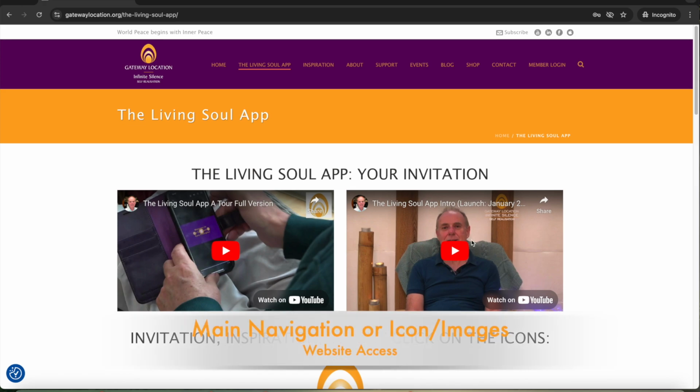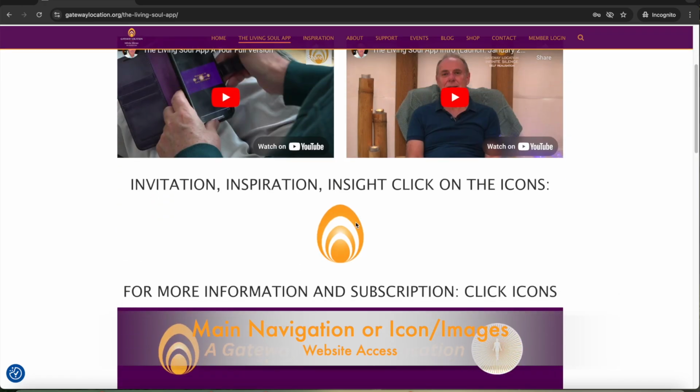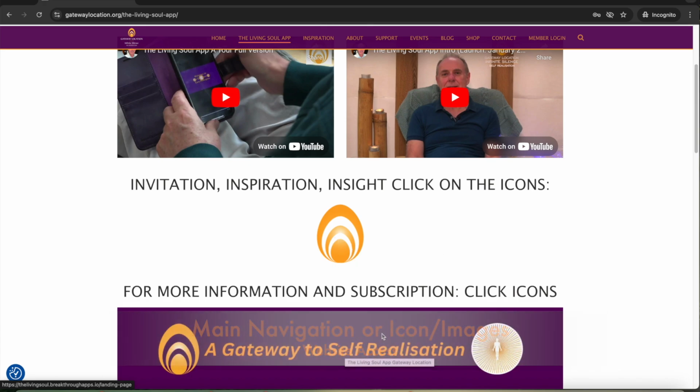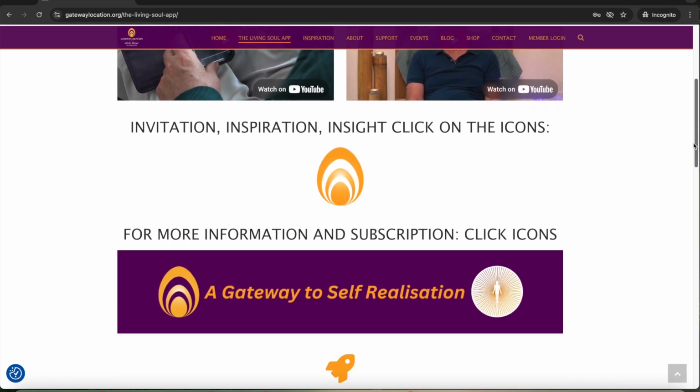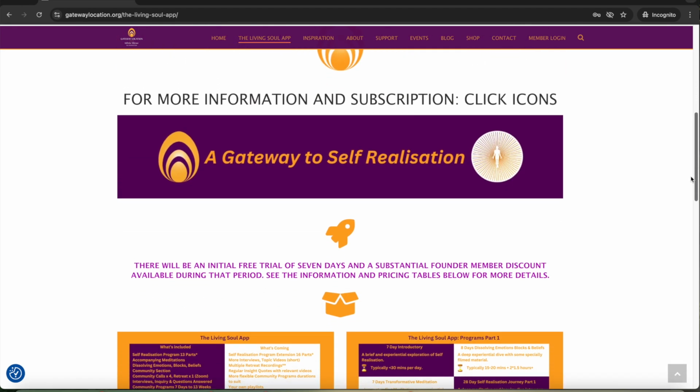There's two ways of going beyond this page. One is to come back up to the main menu here and click on the Living Soul app, which I'm not going to do just at the moment. And also just to click on any of these icons, such as this golden egg or any of the images on the page, will take you to that next page. But also on this page is some information